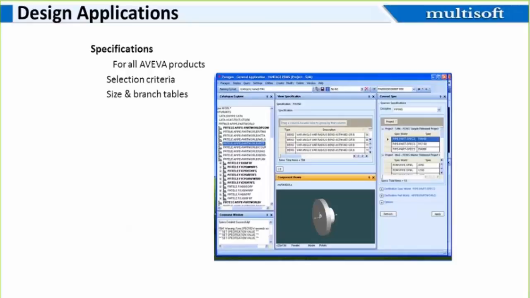So specification is a filter which makes only required components and sizes available for selection in the design module, which makes it easier for the user to select the components and to adopt a consistent approach in the project, so that users are bound to select the components only available in the specification. No user can go out of spec and select any of the components available in the standard. So this is how we can have a consistent approach in the project if multiple users are working.